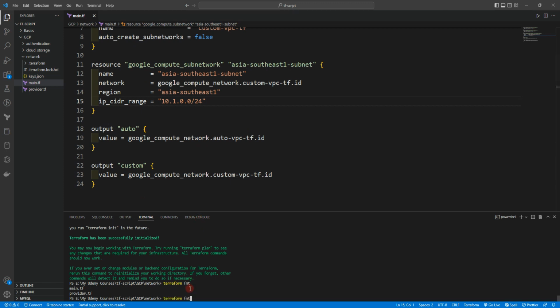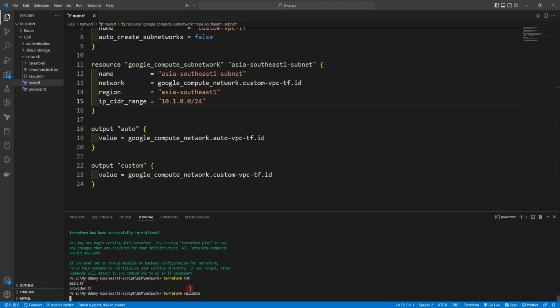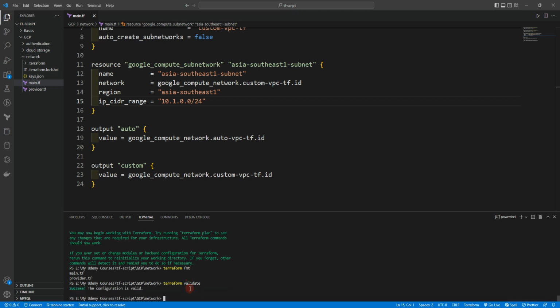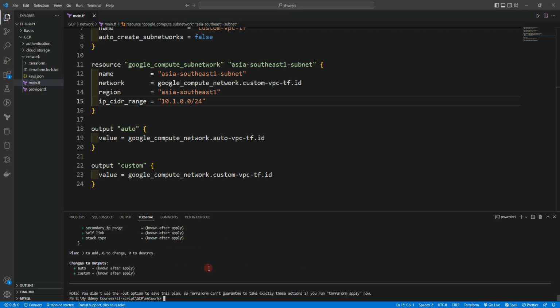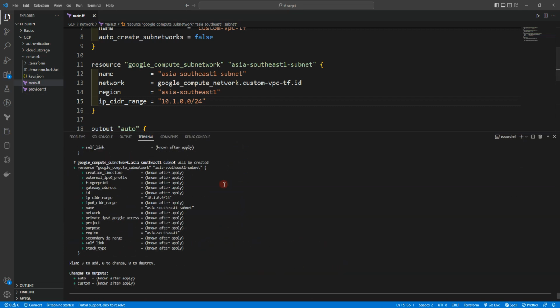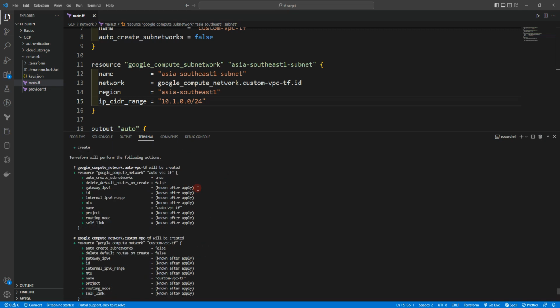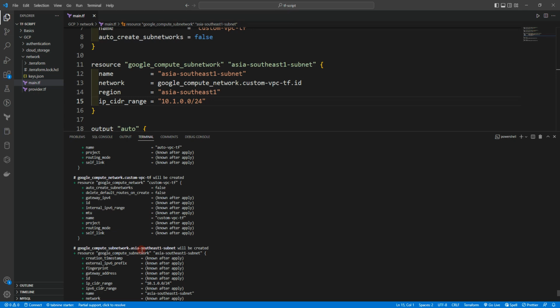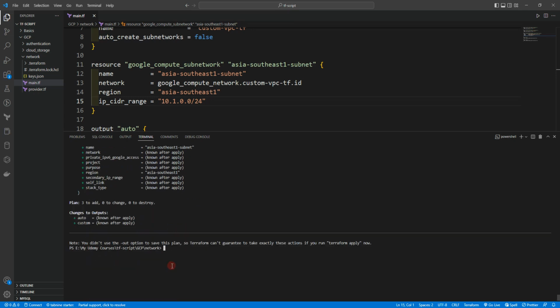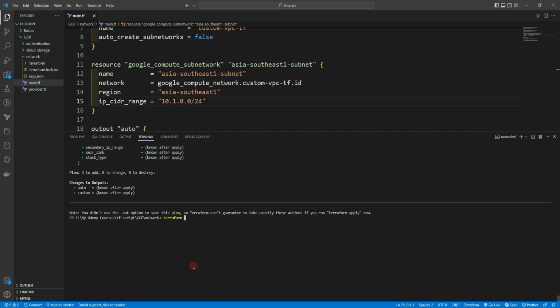Now let's run Terraform validate before we run Terraform plan. And it's showing success. So let's run now Terraform plan. And you can see what actions are performing here. The Google Compute Network with Auto VPCTF, Google Compute Network with Custom VPCTF, and there is also Google Compute Subnetwork with Asia Southeast 1 subnet. So let's run Terraform apply